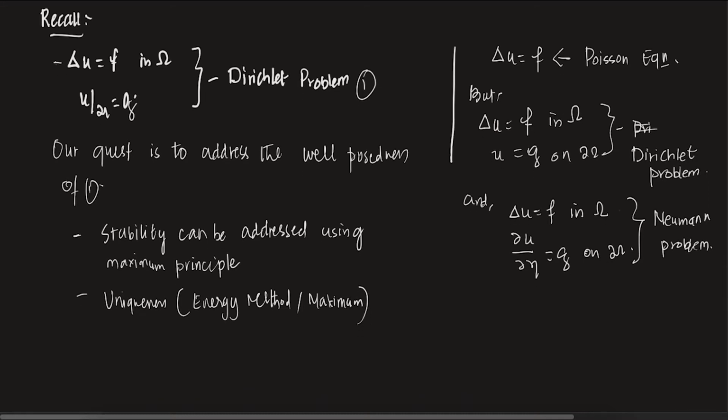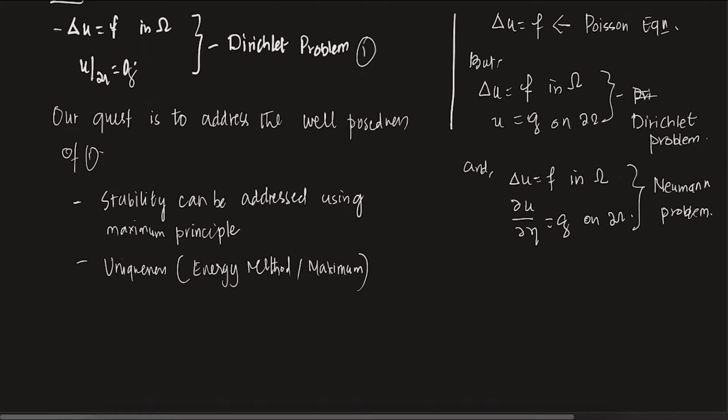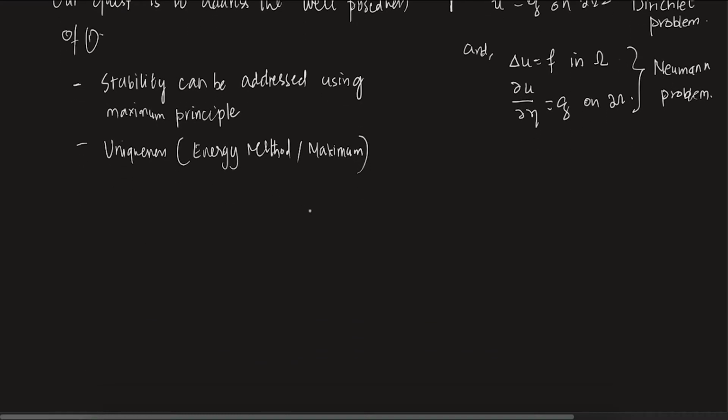Now, the only thing remaining, and the most important thing, is how do I find a solution for this problem? Let me clarify this more. The question now is existence: existence of a solution to minus Laplacian u equals f in omega, and u restricted to the boundary is g. In this case, we assume that f and g are smooth, so don't worry about their regularity.